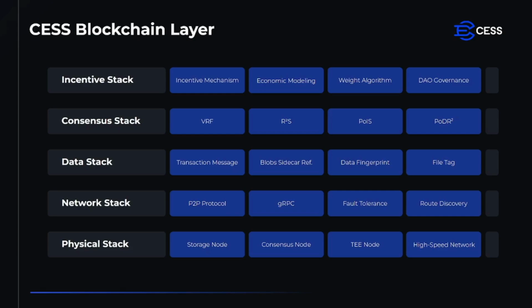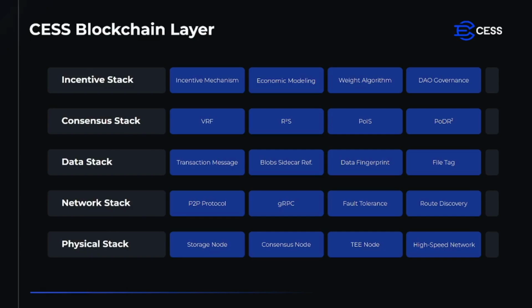It employs various tools like digital signatures and hashing algorithms to ensure the security and integrity of user data throughout its lifecycle. Next, we have the consensus stack. The consensus stack utilizes random rotational selection, or R²S, method for block authoring. This is combined with the Grandpa consensus algorithm, which selects random validators using VRF technology to ensure quick consensus among nodes. Additionally, it employs different storage-related proof algorithms to verify that the storage nodes are fulfilling their promise of providing